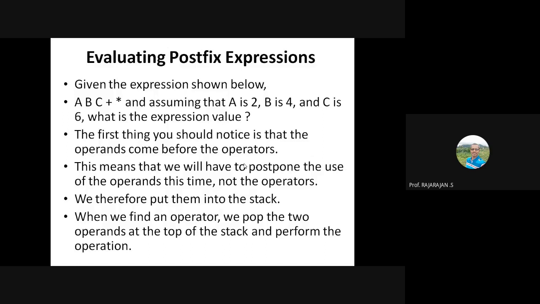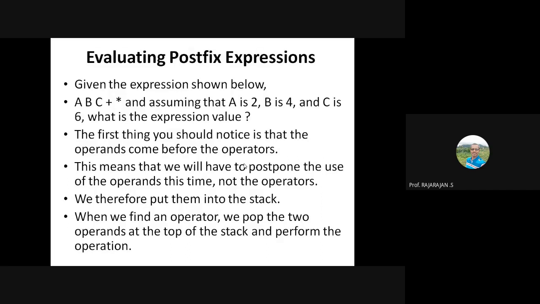Comparing to the previous task we carried out, which is conversion of infix to postfix with the help of stack, in that algorithm, can you recall which one was actually put inside the stack? Was it operators or operands? Which one were we inserting? The operators. But the operands we were just throwing out, on the screen or to the postfix expression.